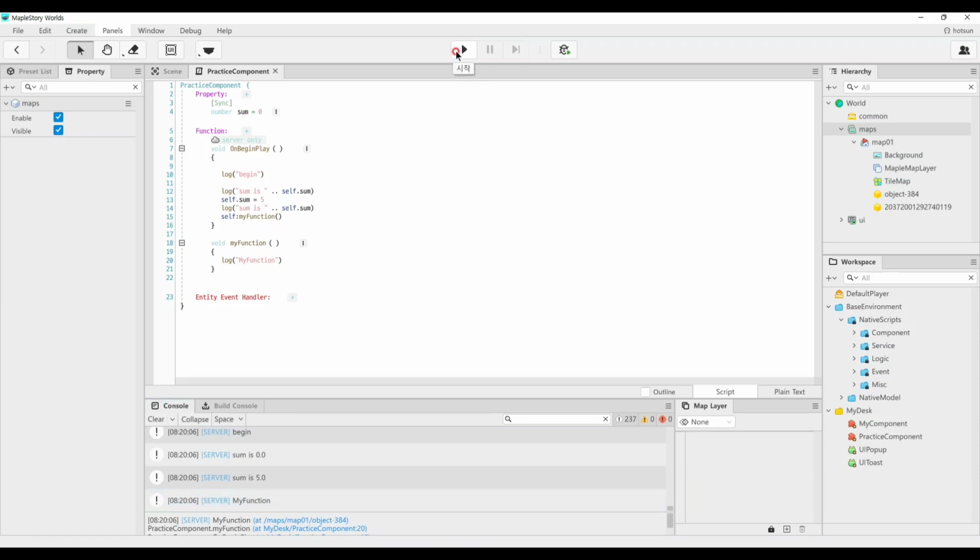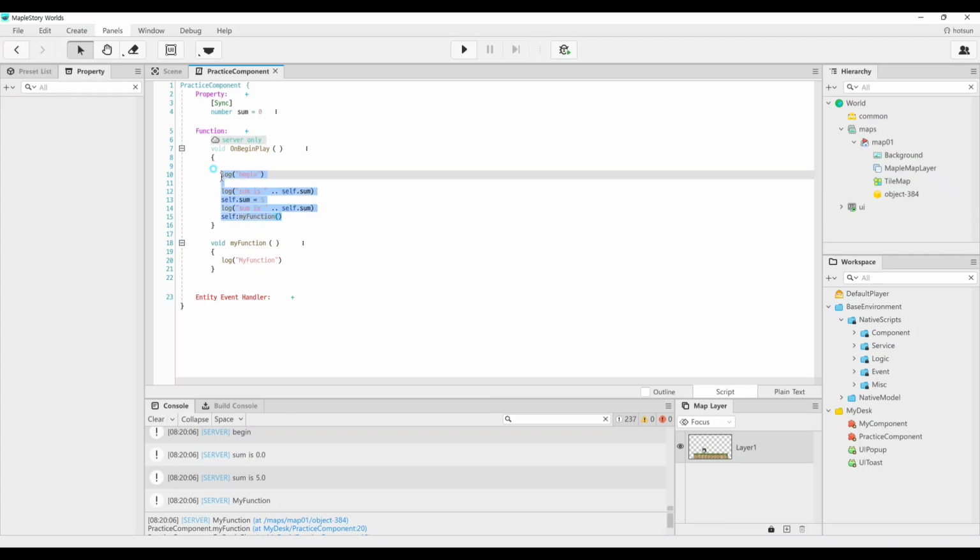But then you can also access components of other entities from another script component, and let's see how that works. Like I said, the keyword we use to refer to the component is self, right? So let's say I want to know the position of my entity. So my entity position, and I'll type self to refer to the component. And here self refers to entity,